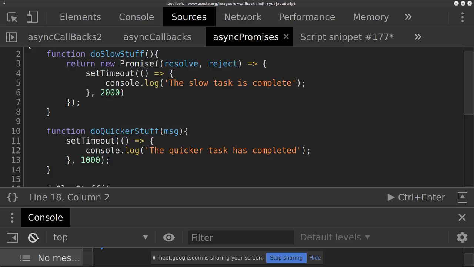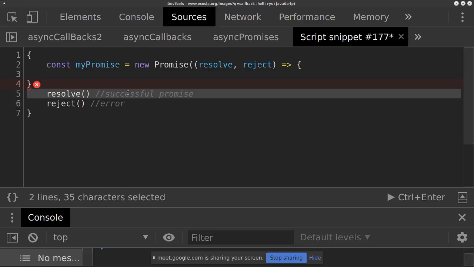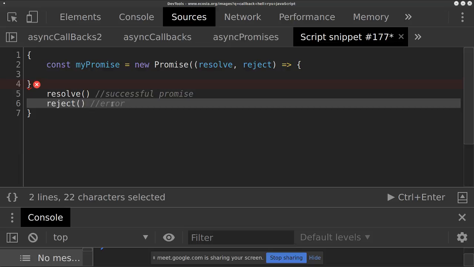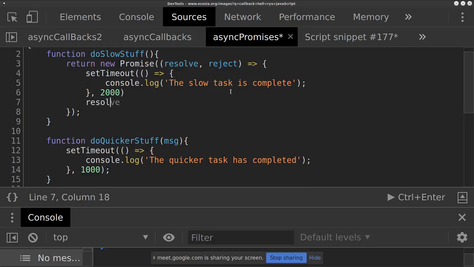What about the reject? What about the resolve reject thing? Over here we said we call resolve if there's a successful promise. Reject we call if there's an error. So we haven't set up that functionality yet. So in other words, let's put it in a couple of places. So if I put the resolve there,